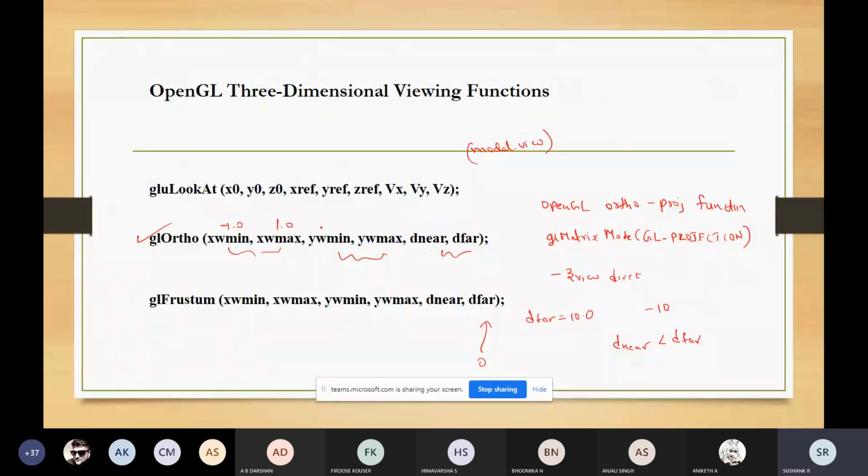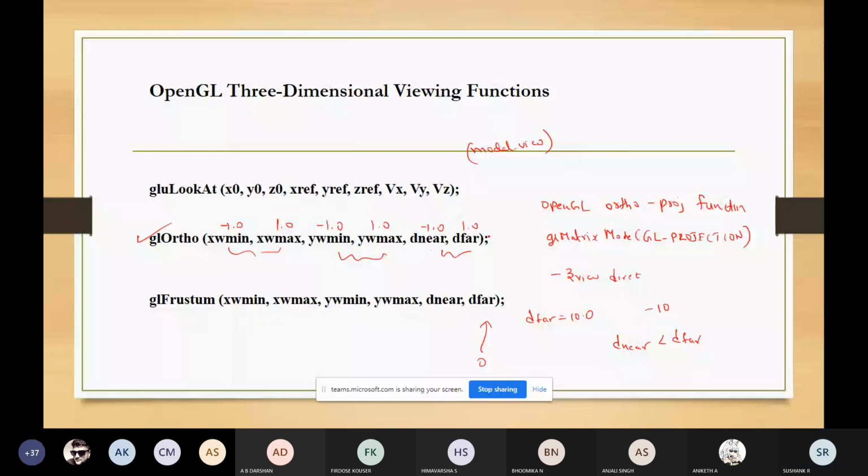Similarly, near -1.0 and far 1.0, like this. So you can write the equation. So this is a default value which this function takes, and this is with respect to the GL ortho function.